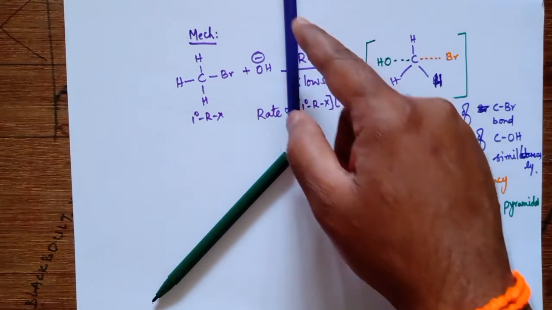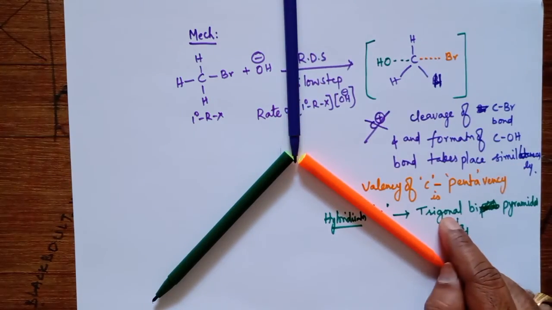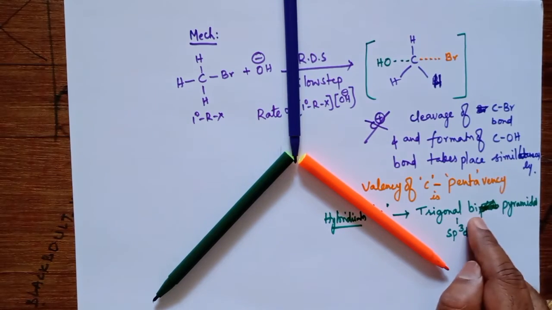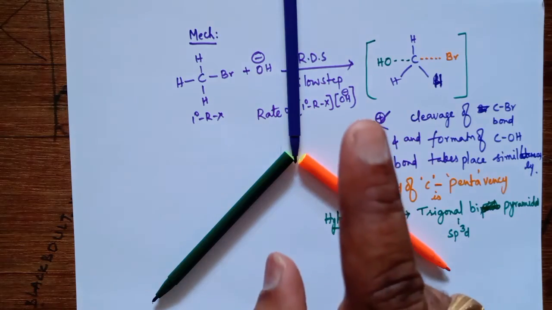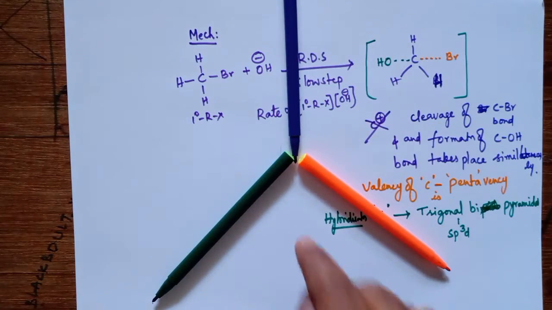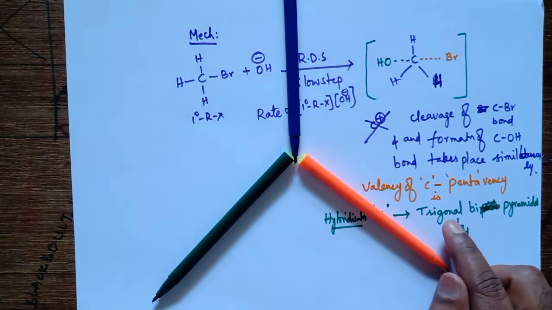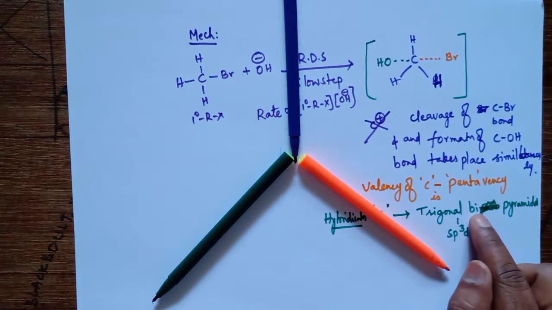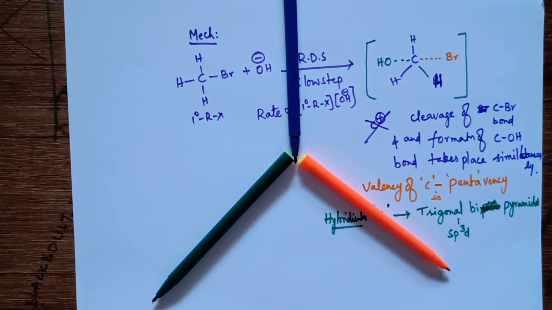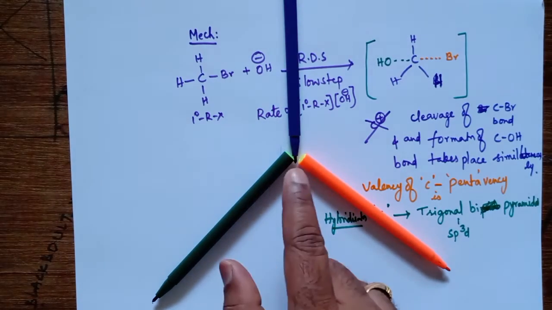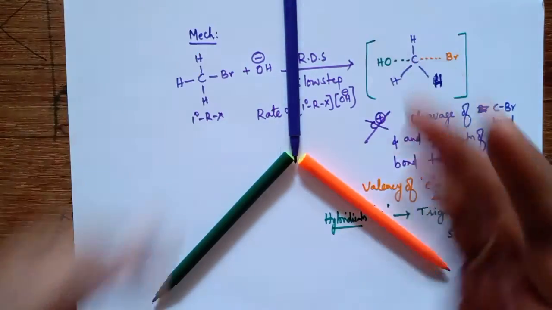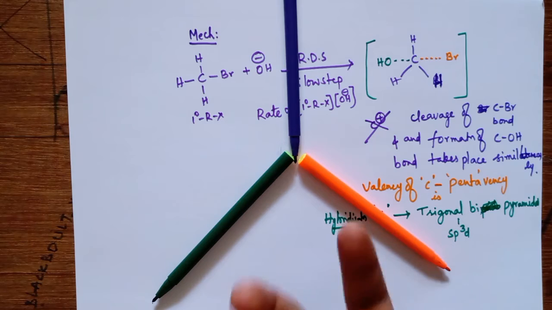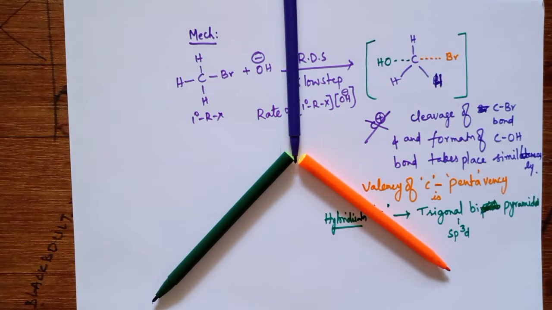It is a triangle, right? Trigonal, that's why trigonal. What is the meaning of bi? The above atom, you can assume it is the Br, forms one pyramid. The below one, the OH minus, forms another pyramid. That's why you are calling it trigonal bipyramidal. It is forming two pyramids. It is a three-dimensional structure.